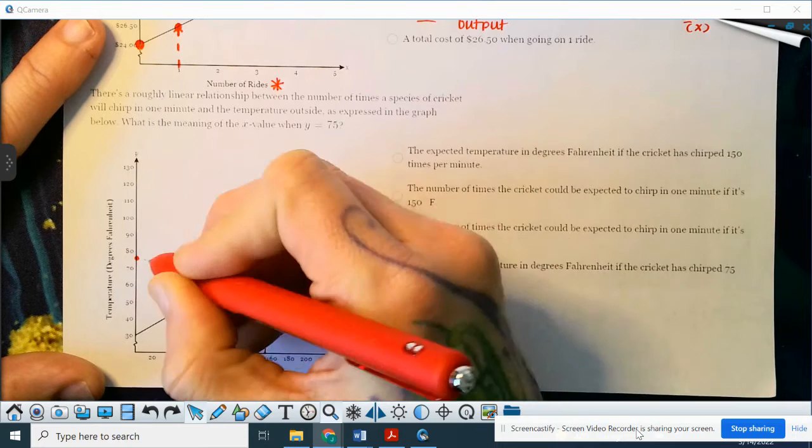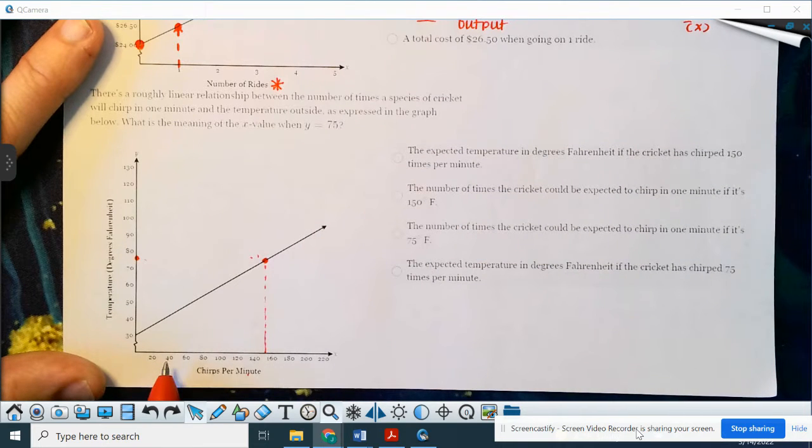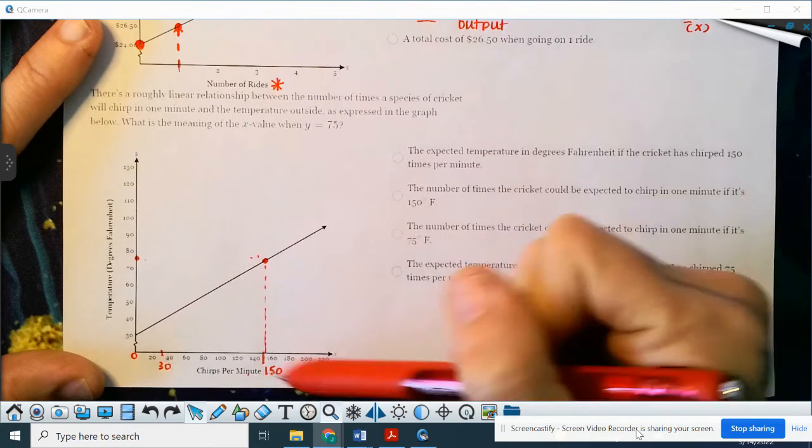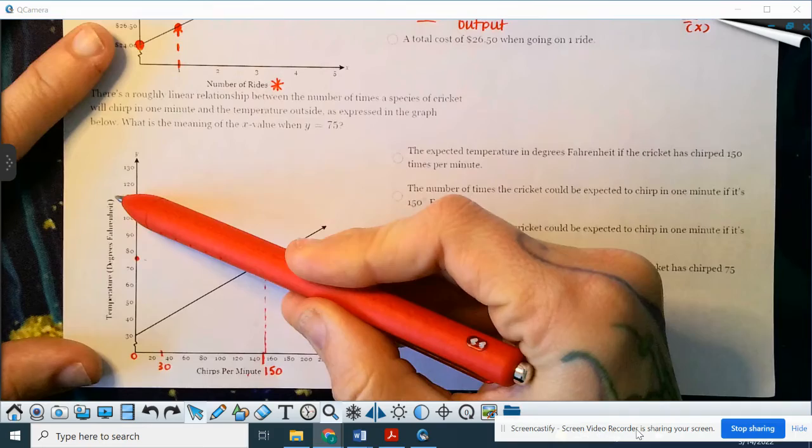And it looks like we want to discuss that it's counting by 20s. So 20, 40, 60, 80. So that means right here in the middle would be 150, right? And then, or, this is our 0. This could be 30. So you just want to pay close attention to the way it's counting and knowing that temperature is our output,